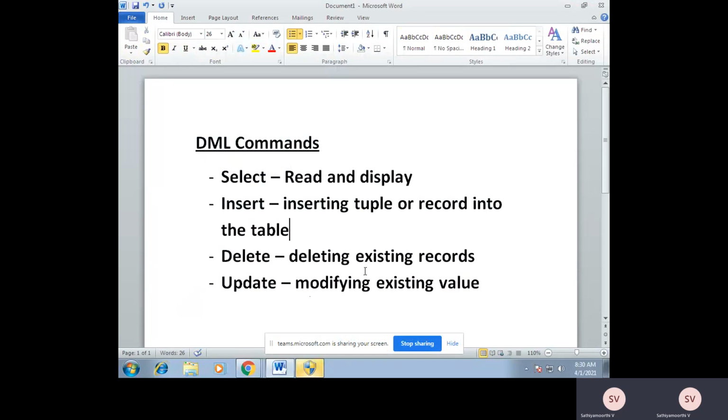Then you can modify the structure of the table, that is, you can add or remove an attribute within that table, or you can rename, or you can truncate, that is, remove all the existing records. For that purpose we have data definition language, for altering the structure of the table. Now we will see how to execute these four commands.